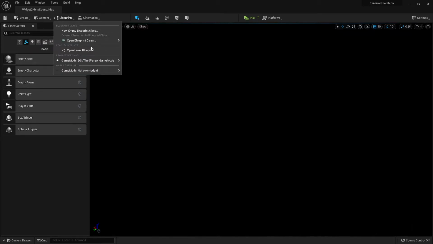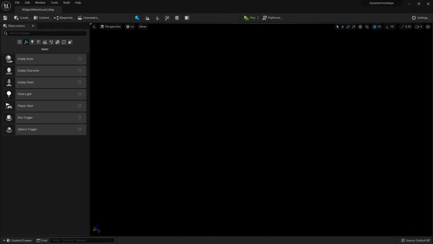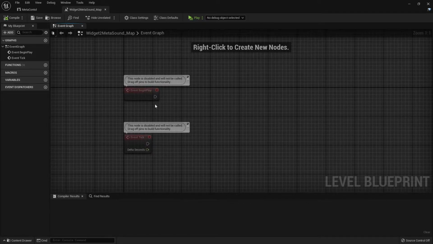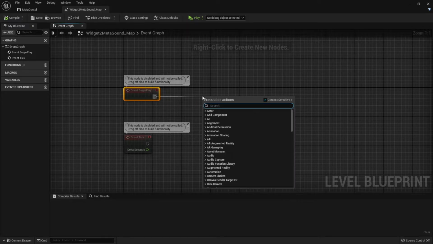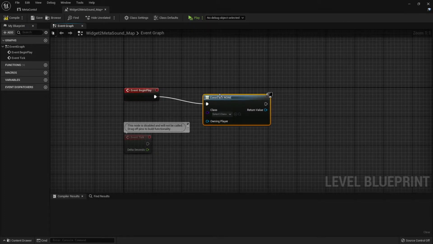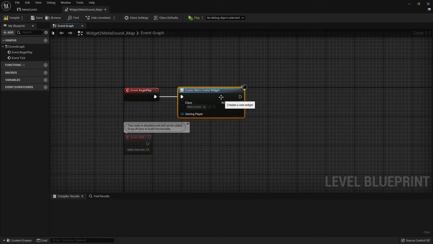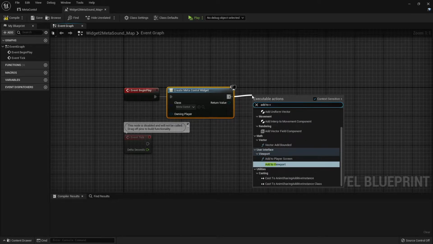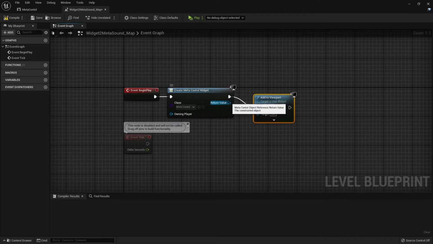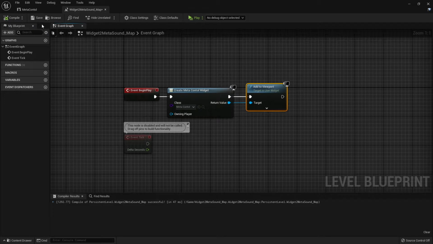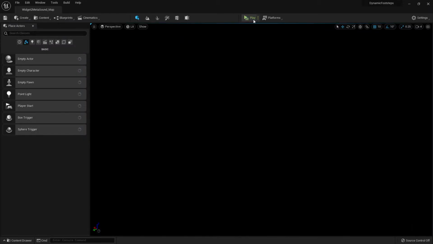And we're going to go into our level blueprint because we do need to call that widget into the viewport. So on event begin play, we're going to go ahead and create a widget. And the class, we're just going to select our meta control. And then we need to add to viewport. Select our target. When we compile that and save it, now when we hit play,